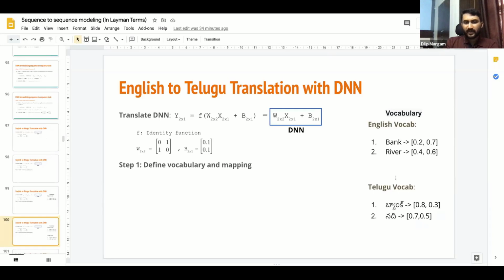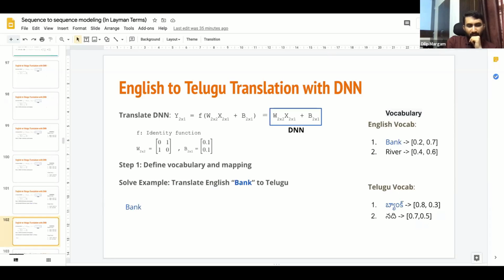Now, as we have defined the vocabulary as a first step, what is the second step we do? Let's try to use this DNN to translate the English word bank to Telugu. We have the input bank. We look at the vocabulary and get the corresponding mapping, which is 0.2, 0.7.